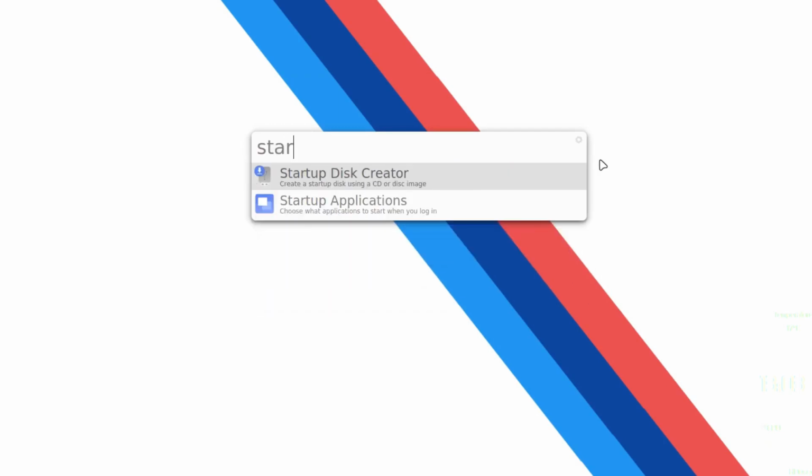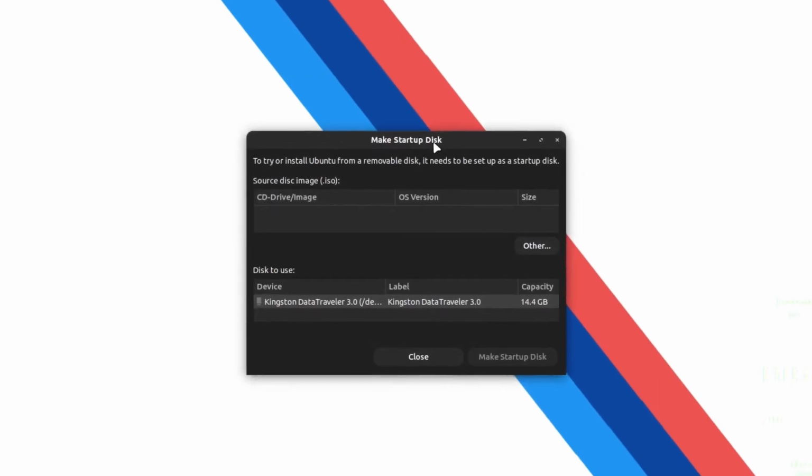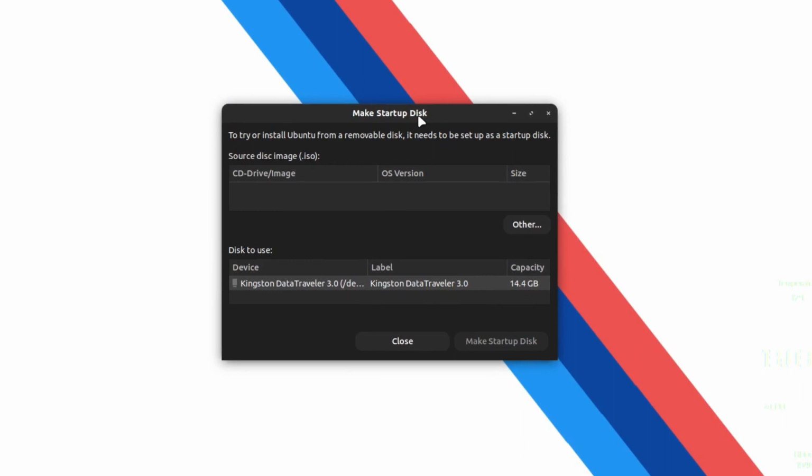Now you can simply open up the startup disk creator, and for this particular tutorial I'm going to use Ubuntu, but you can use any Linux distribution you want and just use this startup disk creator utility. And if you do not use Linux and you want to create the startup disk in Windows, then you can use Rufus. Rufus is a freely available tool. You can use that tool to create the bootable drive from the ISO file. So you just need to make a bootable pen drive for now.